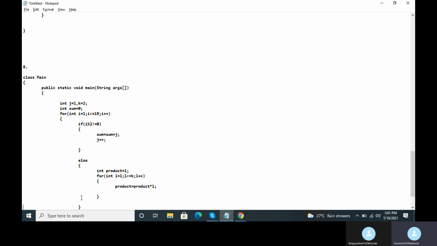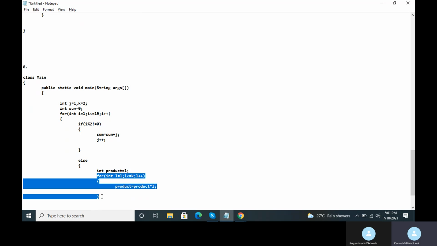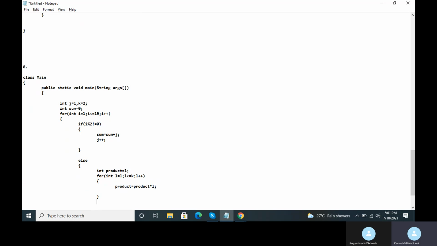And then whatever answer you get as the value of the product variable, after this entire inner for loop completes execution, that answer you will add to the current value of the sum variable. Okay.